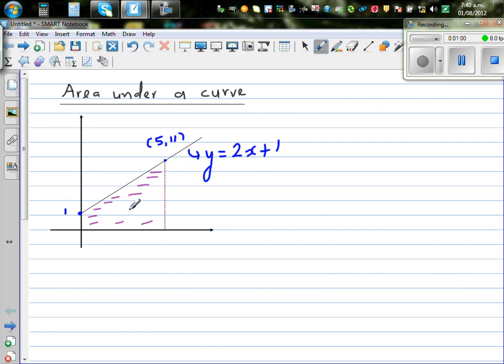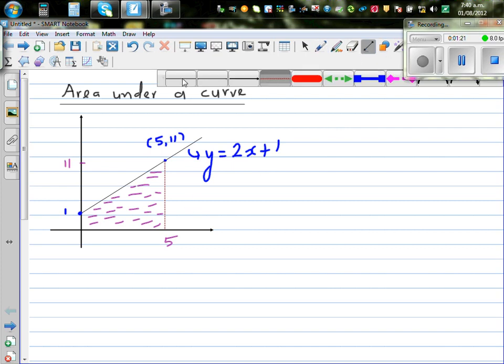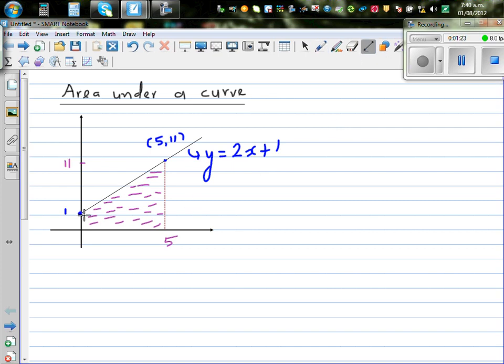Okay, you may know or may not know the area of a trapezium. So this is 5 and this is say 11. Okay, so the question is we want to find the area, and this concept of area under a curve has got wide application. So let's start with a very simple example. So what I'm going to do is split this into a triangle and a rectangle. Okay, so if you split this like this